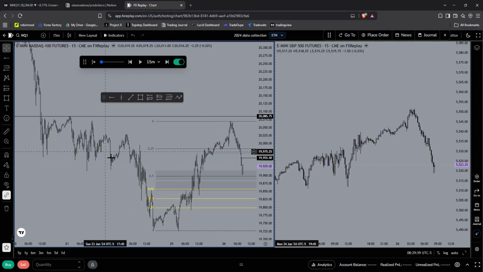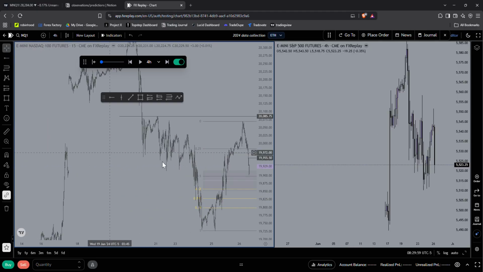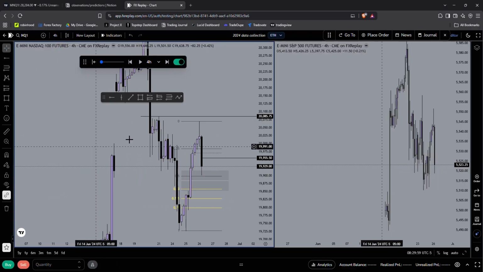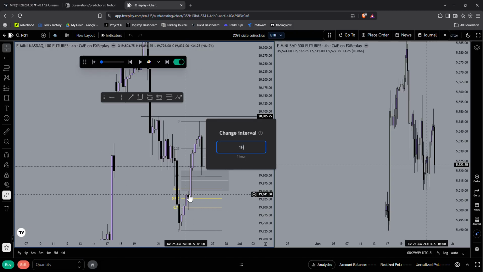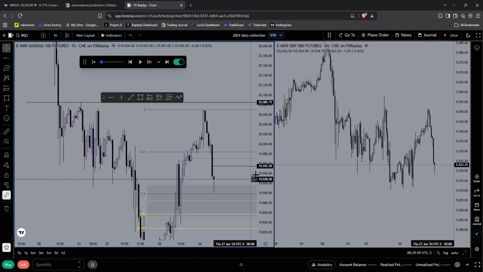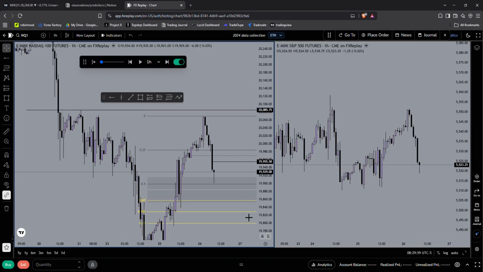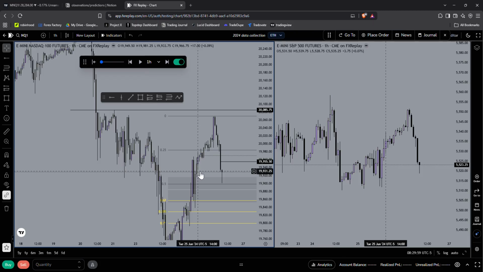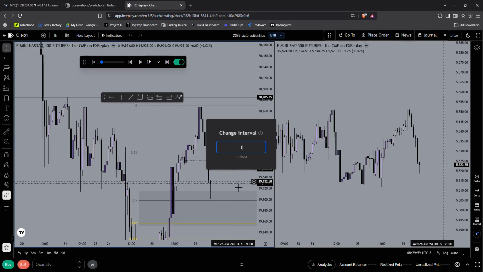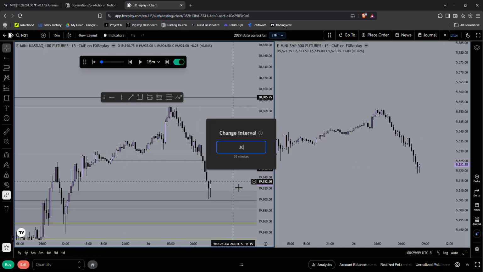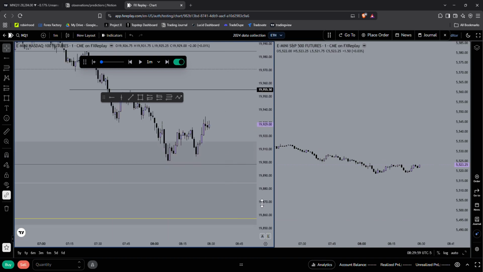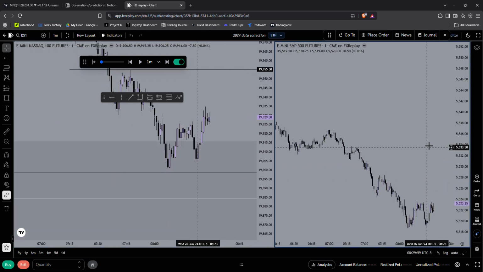But high time frame AMD, I don't see it. The only one I see is on the high time frame, like the 4 hour. Zoom out, where we have this accumulation, and then move up. Or sorry, 1 hour, 4 hour. That's the only AMD I see. So I think we could complete this AMD and take out those highs. Let's go. 15 minutes, 30 minutes. Okay, let's see how we open.